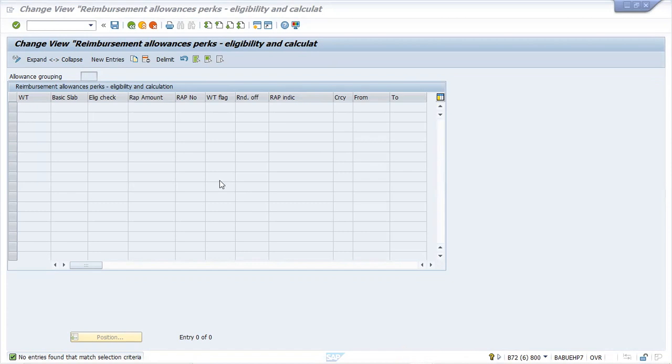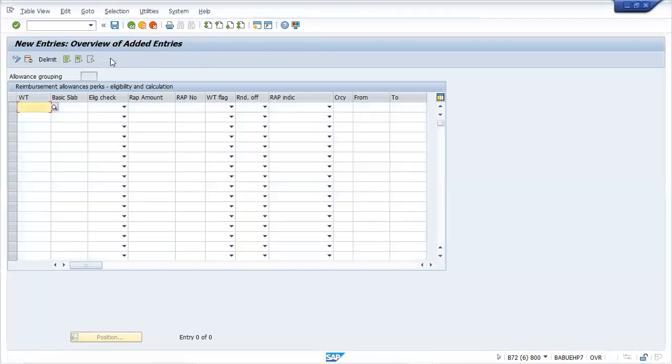In this table there is something called RAP number and RAP amount. These are nothing but the shortcut of your three things: reimbursement, allowance, and part. How will this calculation happen? Click New Entry, no worries, and try to enter any wage type. I think those configurations are missing, so you'll not be able to find out anyway.